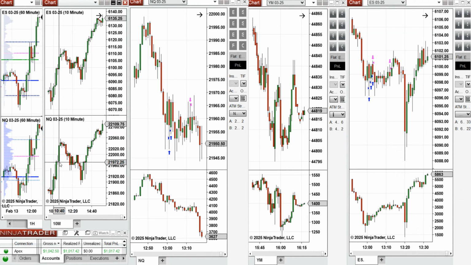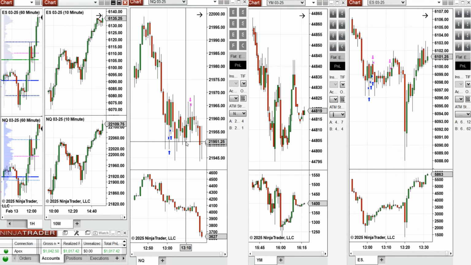testing this level of support here, and then I took long positions with setups B and C on Nasdaq and also on S&P 500 with setup B, 3 positions each, and I closed them on the upper area of the channel with profits. And since the volatility was high and we reached the daily target, I didn't take any more trades